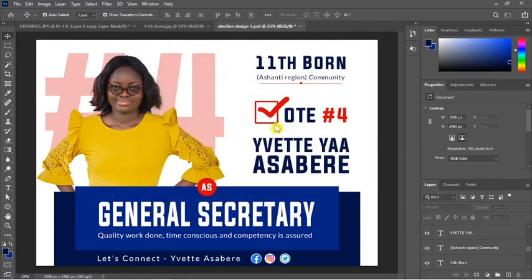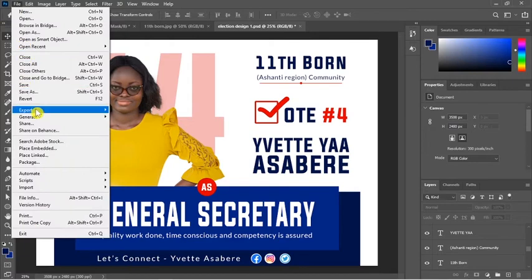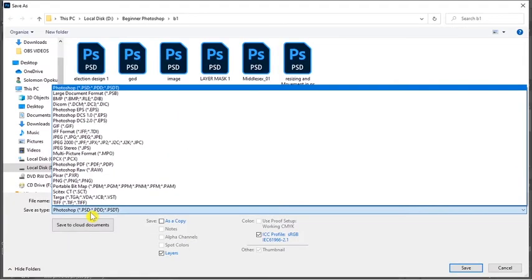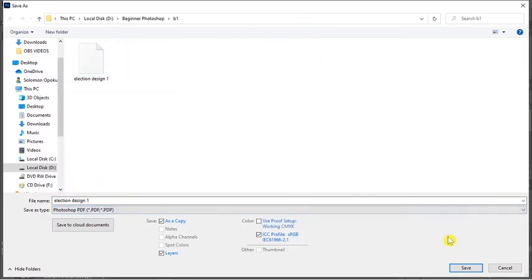Save, then when it is done, we will try the other way around. So from here, go to File, Save As, choose PDF, and let's change the name to Design 2.